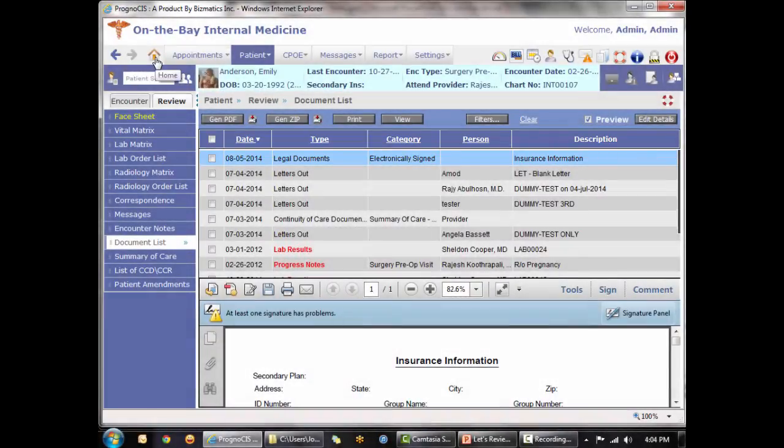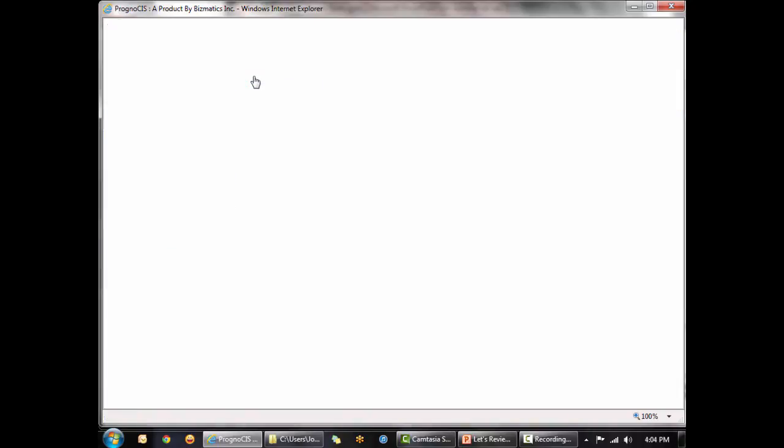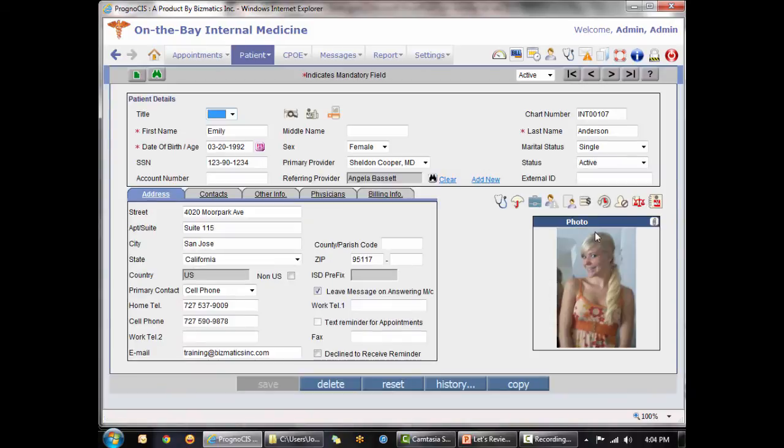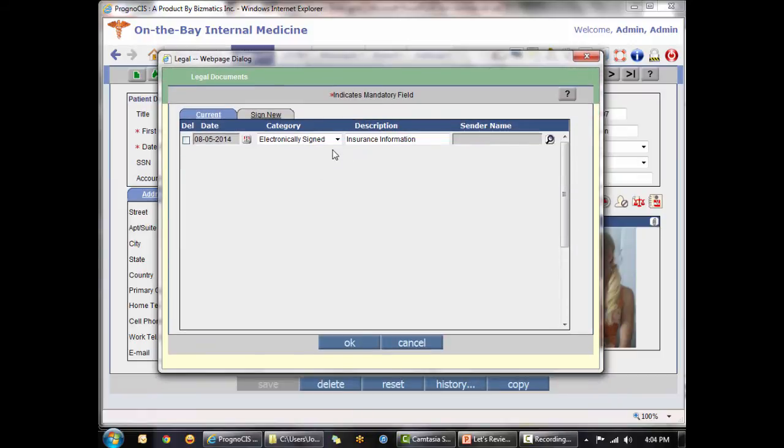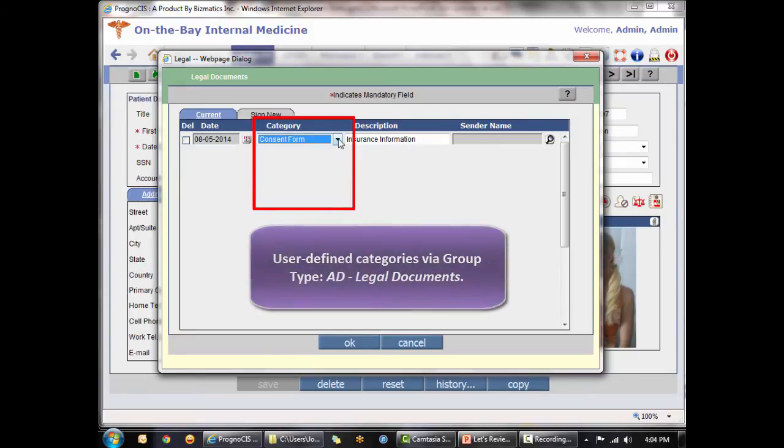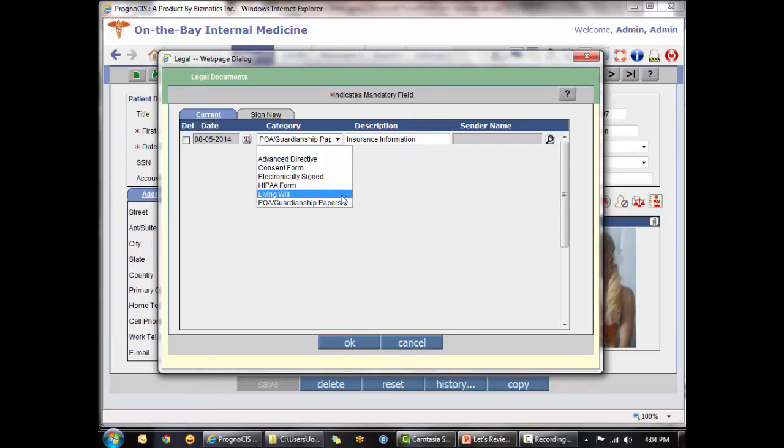Now, document list is actually covered in a separate training video, so I'm not going to spend time on it. However, I do want you to be aware that you're able to change that category if you need it to be changed to be more descriptive. Maybe, for instance, you want to know that it is a consent form, or that it is an advance directive or a power of attorney. This category is user definable at the configuration level, and if you were to go ahead and update it at this point,